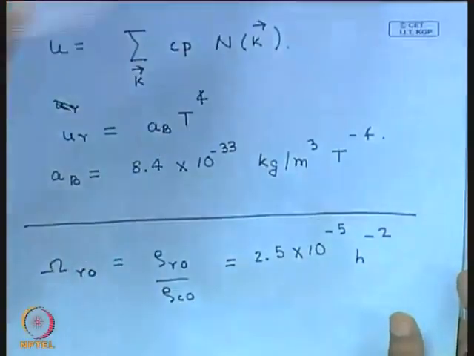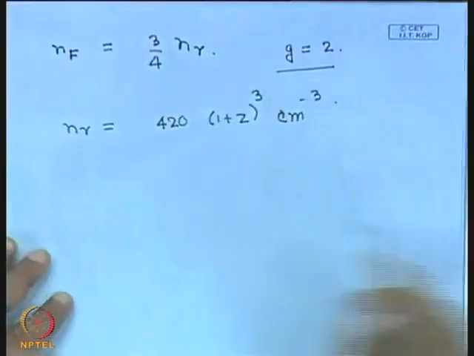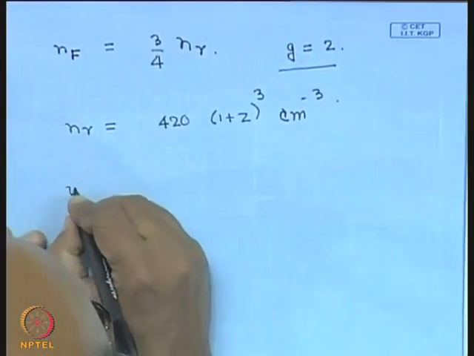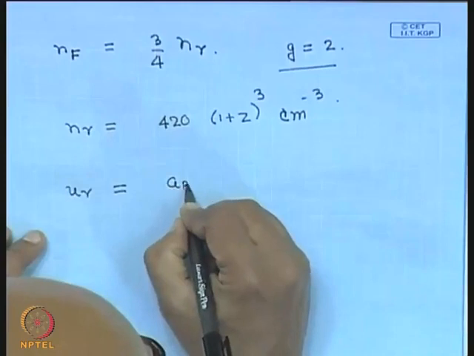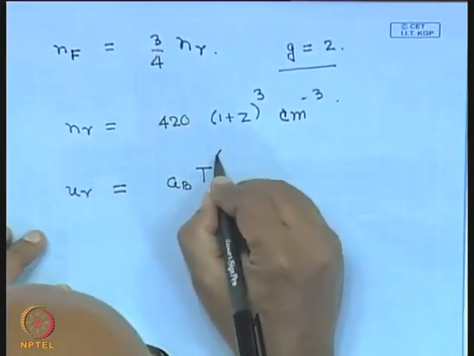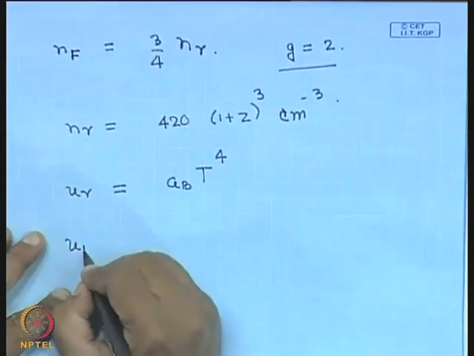We know that the energy density of bosons is A_B T to the power 4, and if you repeat the same thing for fermions,